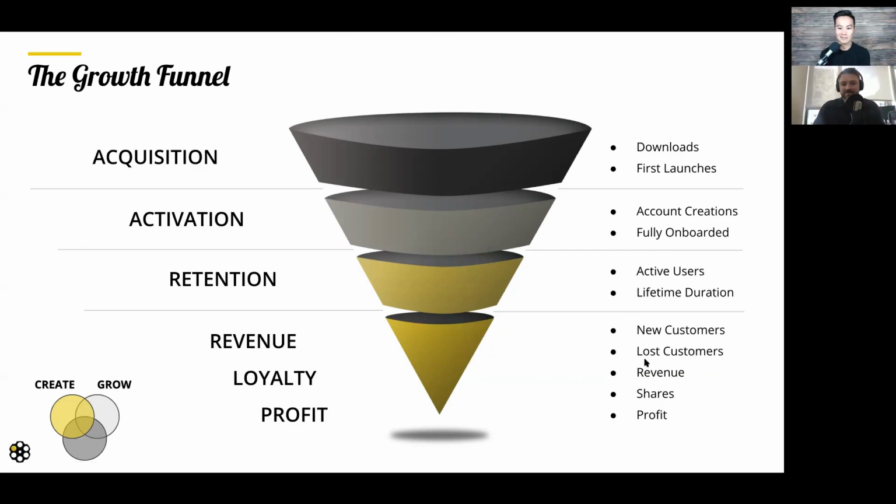So we need to track that all the way down to profitability so that we're knowing how much revenue we're generating per user, per customer, how much profitability, for every user, this is how much profit we can expect because of all of our conversion rates. We need to know these things. You need to know your numbers as a business owner.